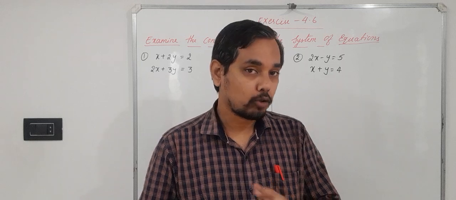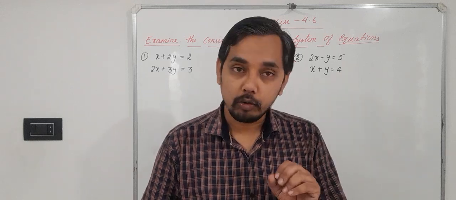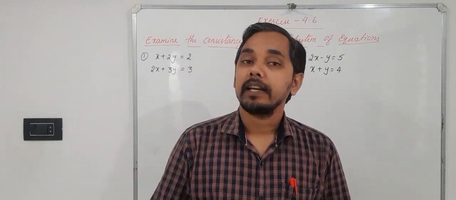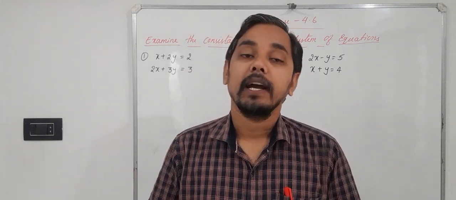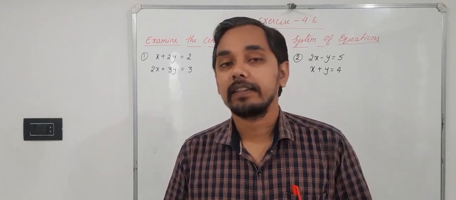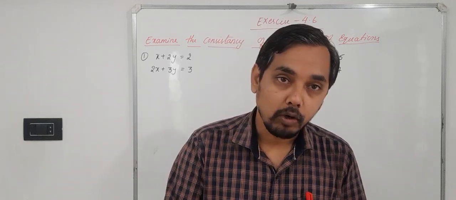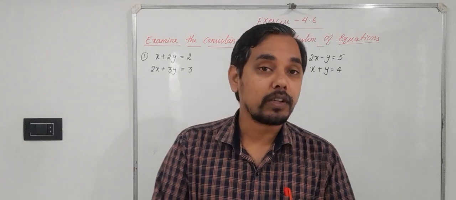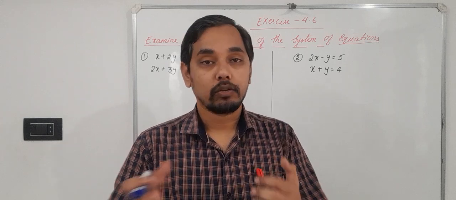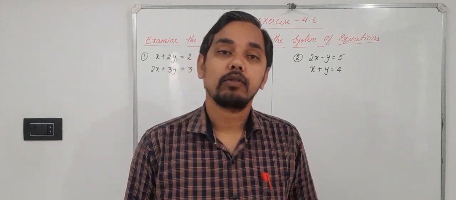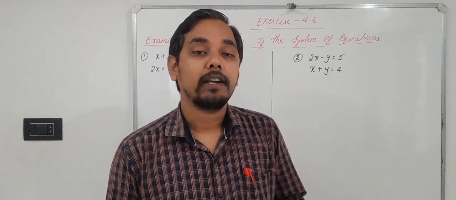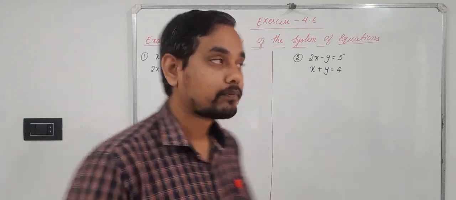If determinant A is not equal to 0, then a unique solution will exist. As determinant A is not equal to 0, what happens? X will be equal to A inverse B and you get a unique solution, right? When there exists a solution, definitely the system is consistent. If it is equal to 0, then we need to examine adjoint A into B, based on that, right? So if it is equal to 0 or not equal to 0, that depends whether the system is consistent or not, right? So let's try this one.